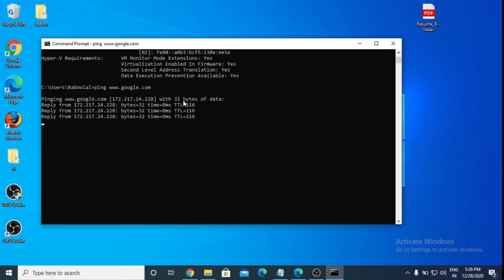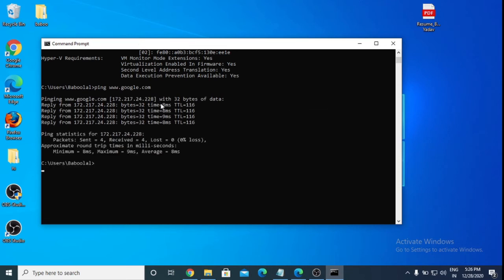So this is the pinging, that means our network is also working, and this is the IP address of Google. You can check it if you want, go to Google and check the IP address of Google, and you can find the IP address of any website.